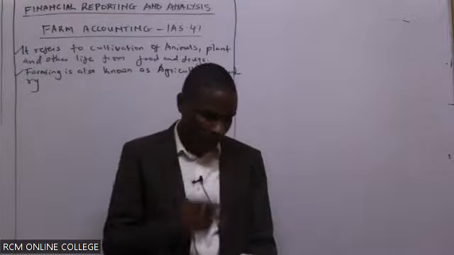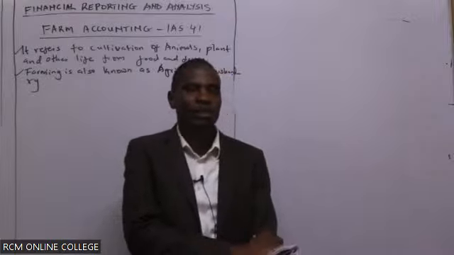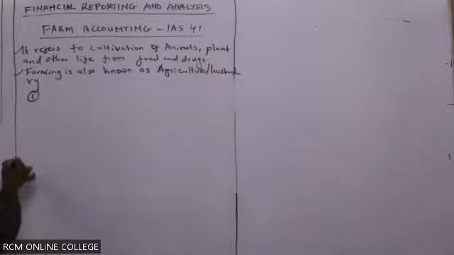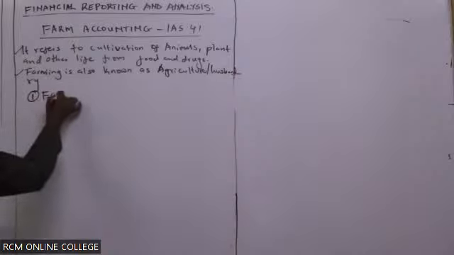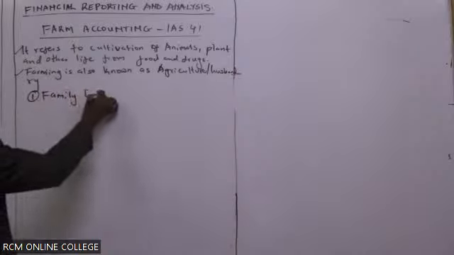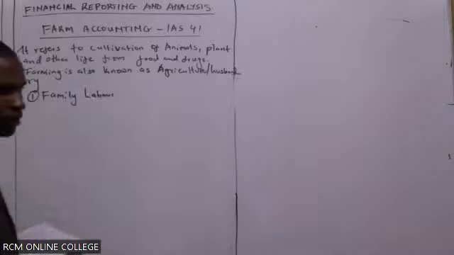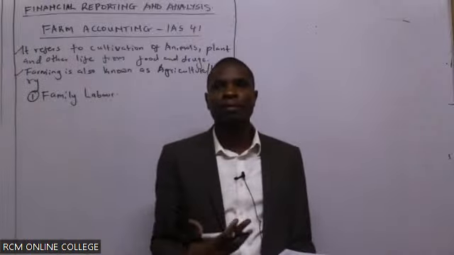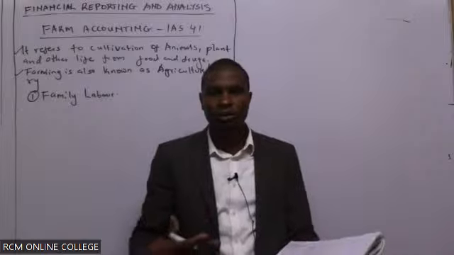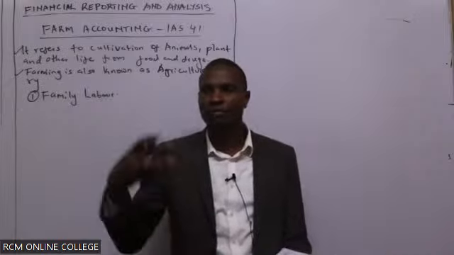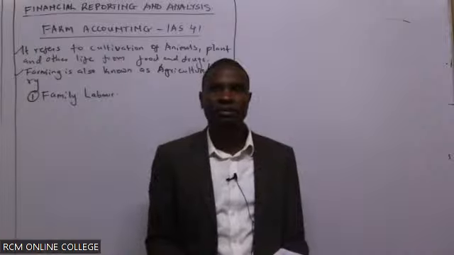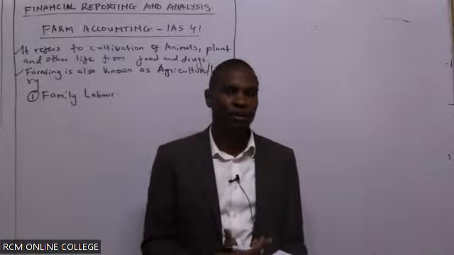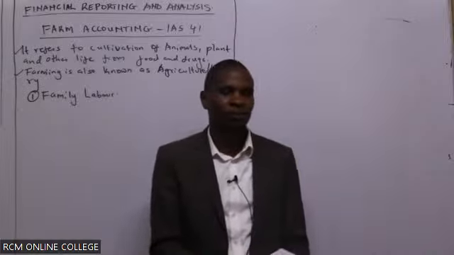For example, let's look at the family labor. How do we account for family labor? There are 5 things that you need to understand on how they are accounted. Once you're done with those, you'll have the knowledge of how to account for them. Family labor: the farmer's family members have taken jembes and pangas and gone to till the land. Such labor, how do we account for it in the farm account?